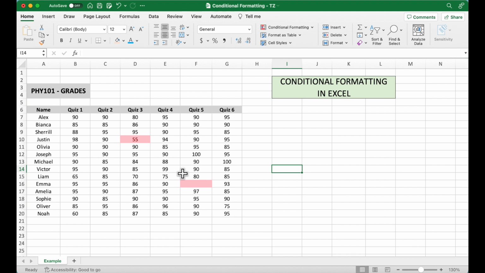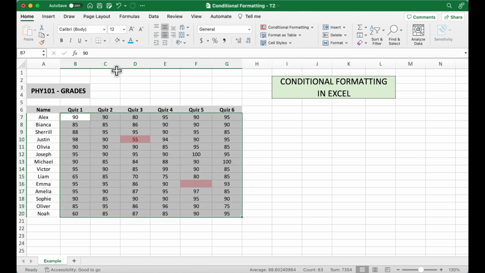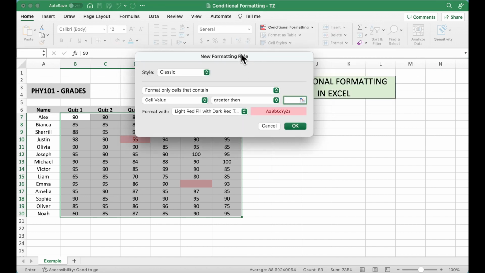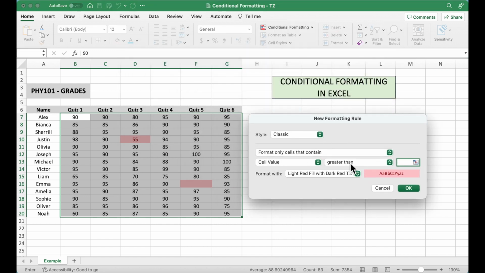And now I also want to highlight those grades that are greater than 95. So we'll just do the same thing. Select all, go to Home tab, Conditional Formatting, Highlight, but this time let's go to Greater Than. So in this new table, cell value greater than